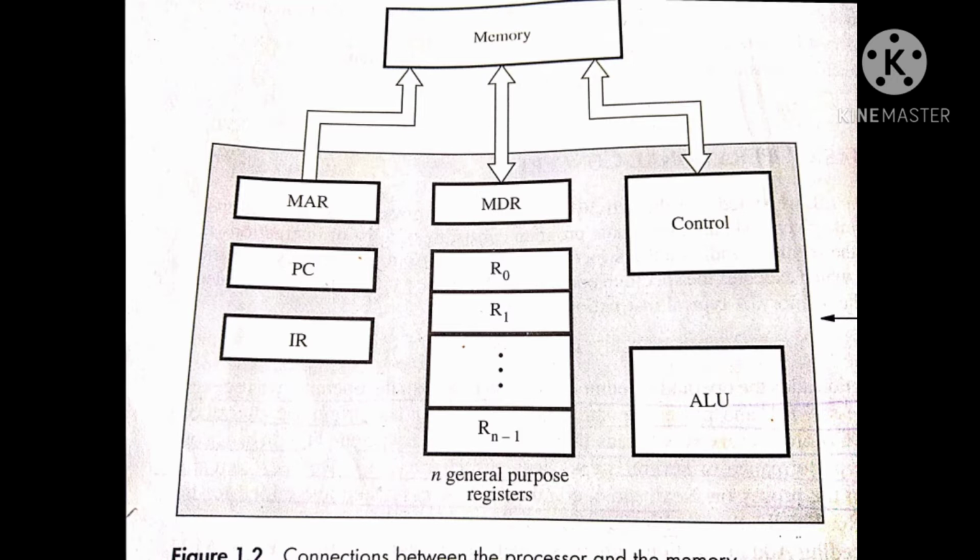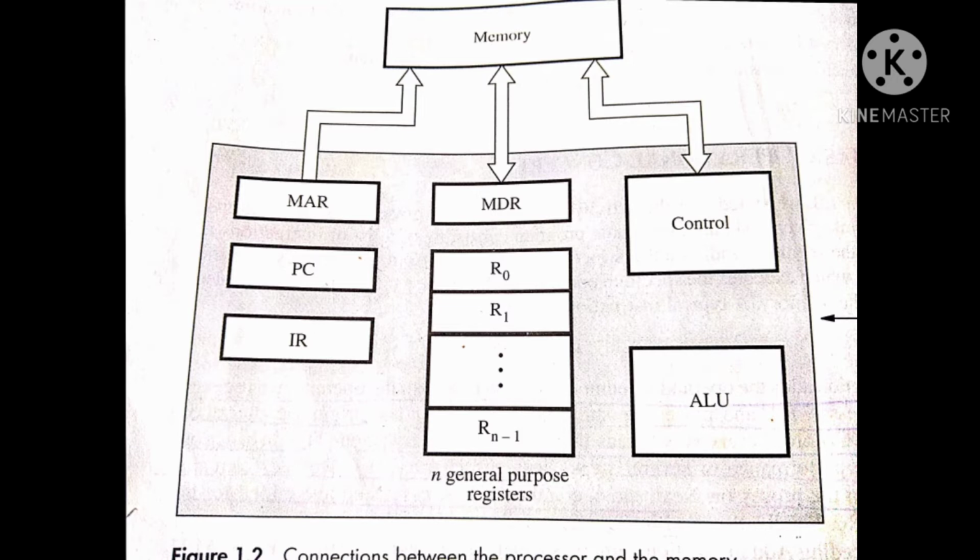Okay, so this is the keyword: to keep track of execution. What does it keep track of? The execution of the program, that is, which is the next instruction to be executed. What does it contain? It contains the memory address of the next instruction to be fetched and executed. That's what I told you. The program counter is a very special one, because it keeps track of the instruction that is yet to be executed. That is said to be the program counter.